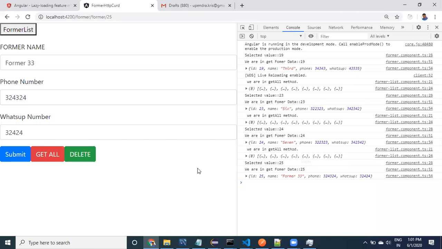Your task is to take this project and understand it. Try to understand the concept that I have explained by taking this code, and then try to implement it in your project. I have divided this into two things.